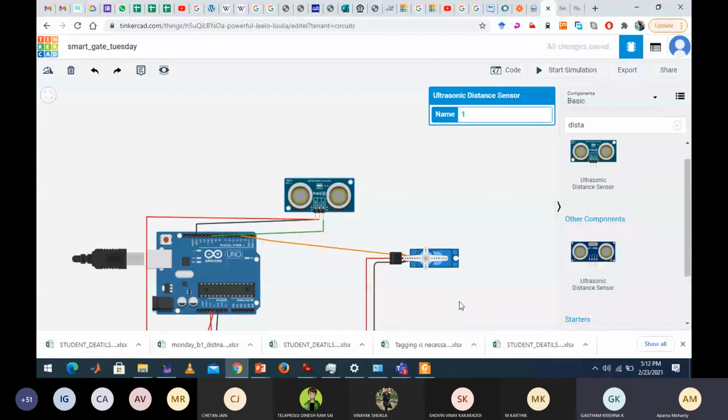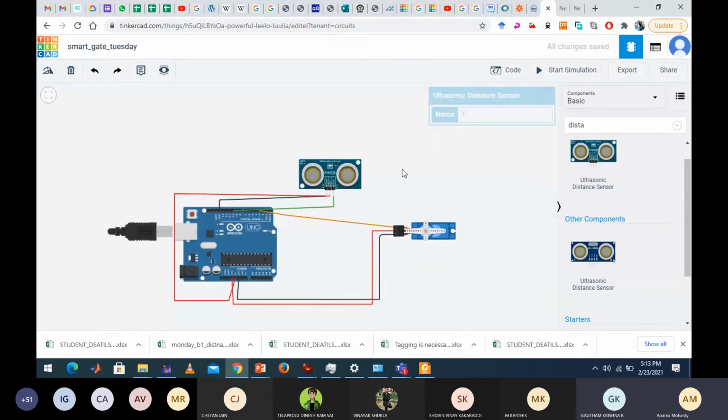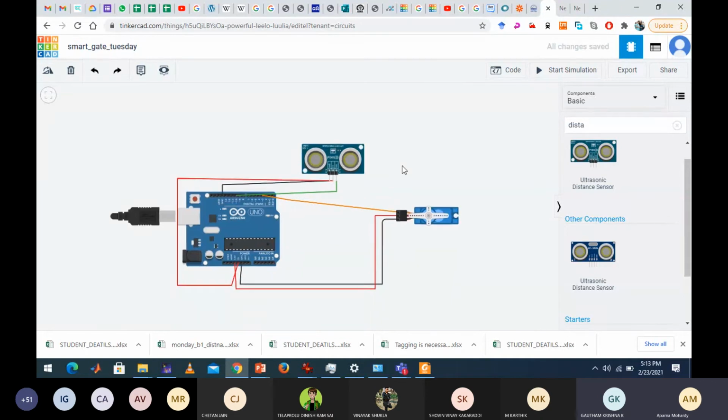I'm not able to understand what you're asking. Ma'am, the 5 volt is already occupied, right? So can we connect multiple wires to one source? Yes, you can connect. If you want, you can do a tapping also, just like from here itself, you can tap.